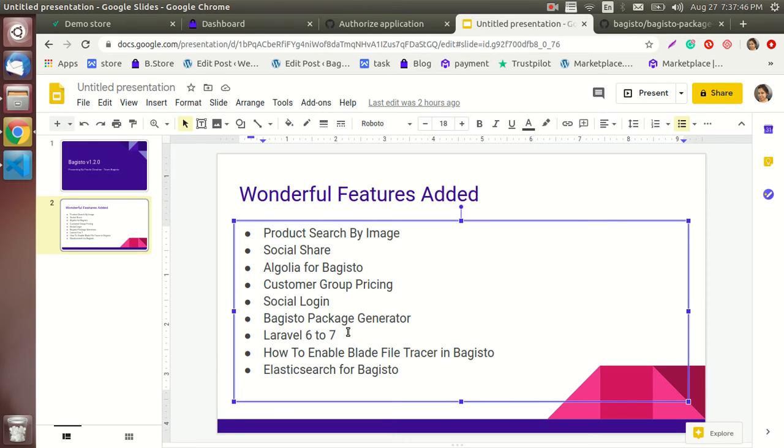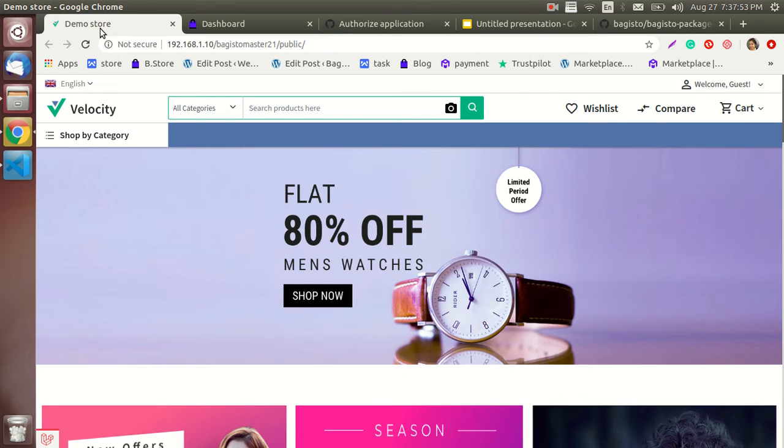Guys, when we are working on a website with a number of views, it becomes difficult to find out which part contains the code that you need to work on. This is very helpful for beginners, developers, contributors, and partners who deal with Bagisto and face difficulty finding the blade file of the template. This could be helpful for a number of reasons. If you are working on a website with a lot of views, implementing a number of blocks in a template, this will help the beginner to understand the structure of the project.